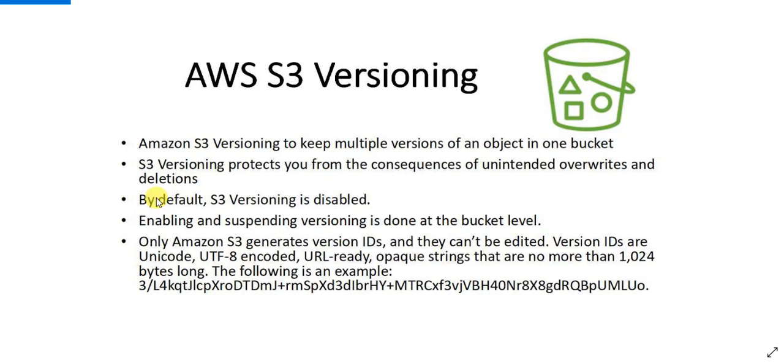Okay. So by default, versioning is disabled for S3. You have to explicitly enable versioning, either while creating the bucket or even after creating the bucket. The version ID is generated by S3 automatically. You cannot manually specify the version ID of a file. Okay, so this is what the format of a version ID looks like. I'll show you how it is generated when we get to the demo part.